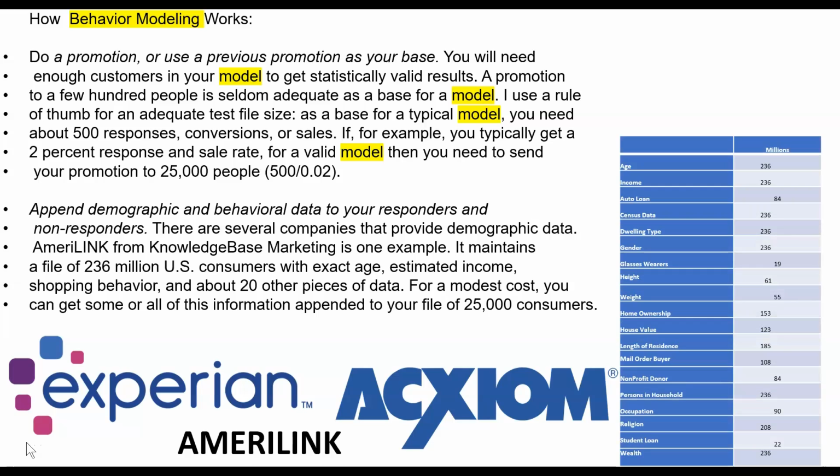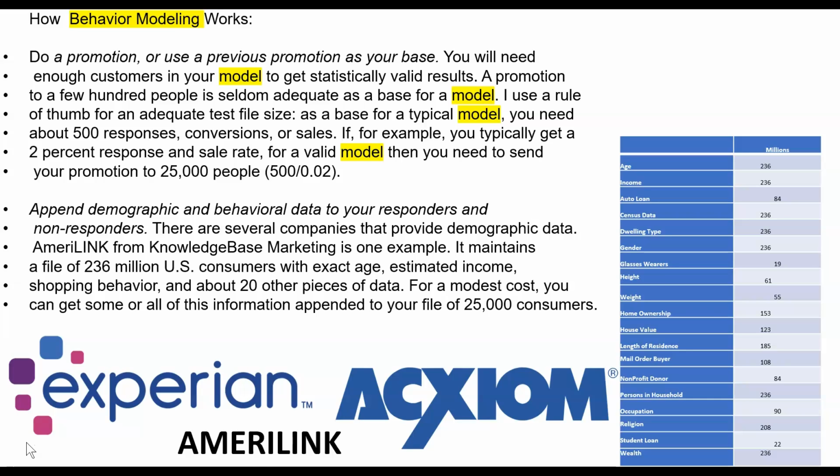AmeriLink, and here are some of the types of data that AmeriLink has. I think this is per your book. This is how many millions of people they have the data for. Age and income, 236 million people, whether there's an auto loan. They have census data, dwelling type, 236 million, gender,